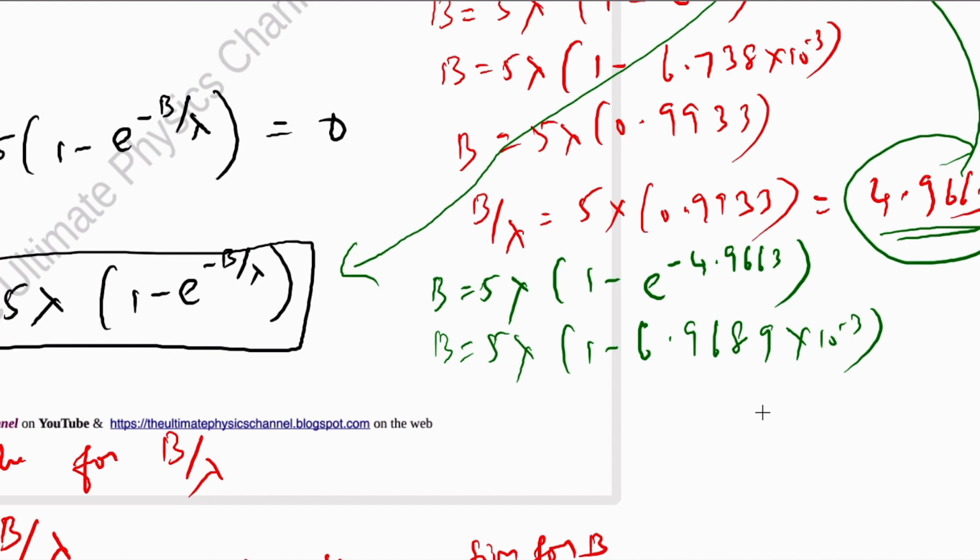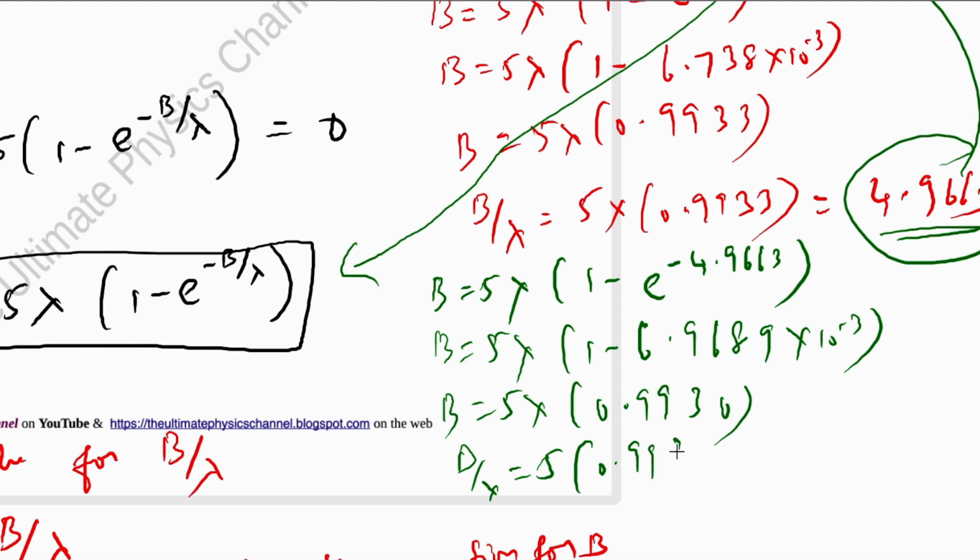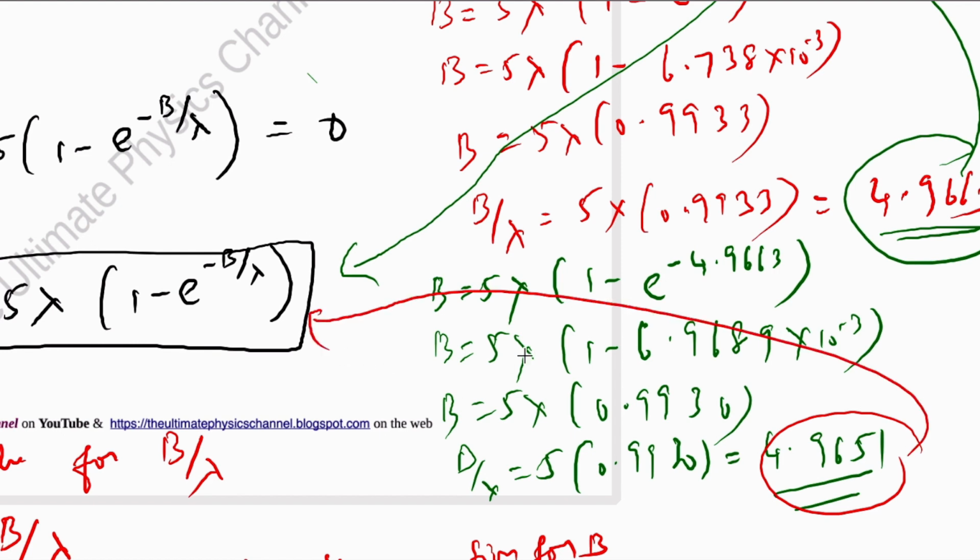Now if you do this, you get 5 lambda times 0.9930 b. So b over lambda is 5 times this number. That would be 4.9651. And if you again substitute this value back into the original equation to arrive at another b over lambda,